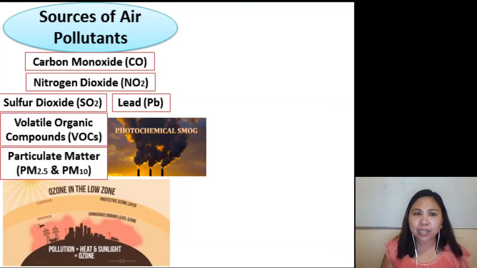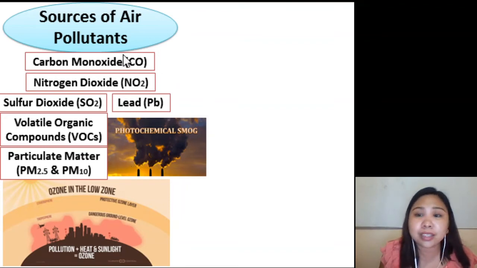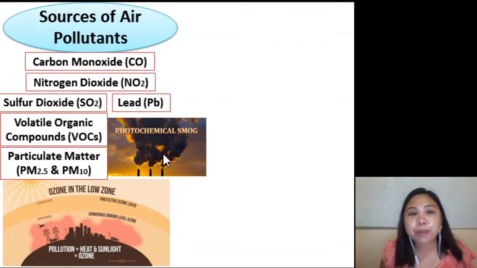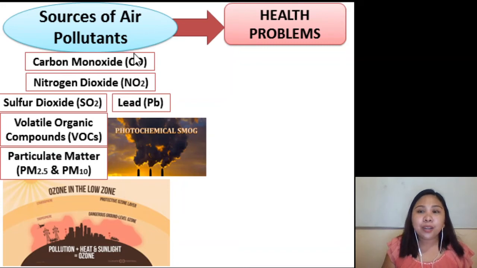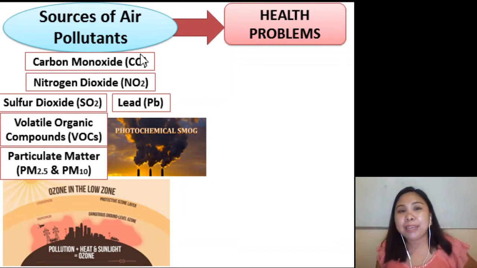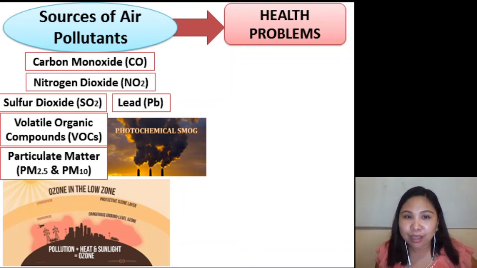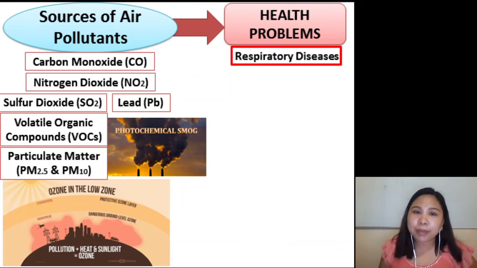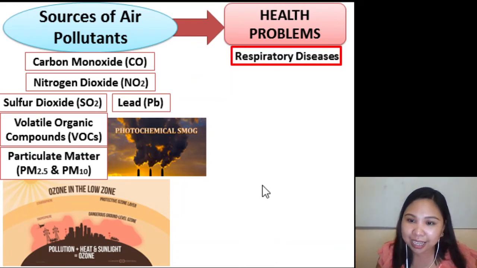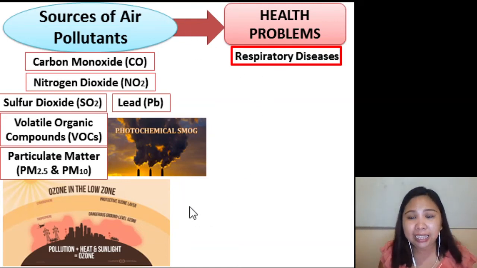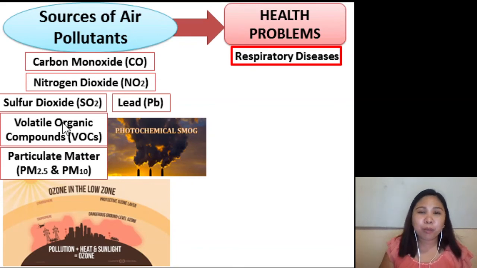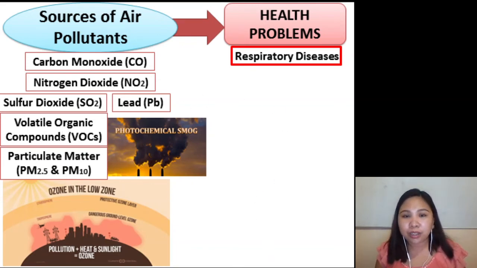So, sana hindi kayo nalilito doon. So far, these are the different sources of pollutants. Magkasama na yung primary at secondary sources of pollutants. So, these pollutants are now nagdudulot na ng iba't ibang health problems. First of all, sa respiratory, iba't ibang respiratory diseases, yung may mga hika. Kapag naka-inhale nitong mga pollutants na to, talagang it affects them.